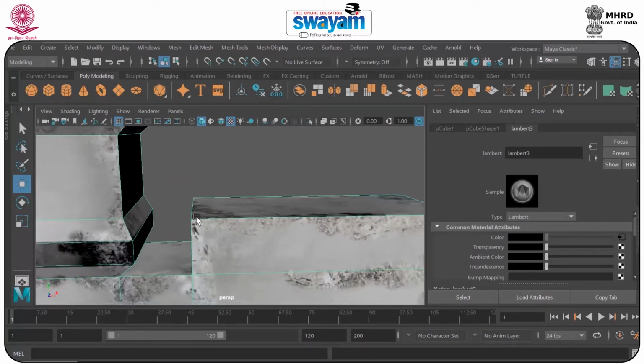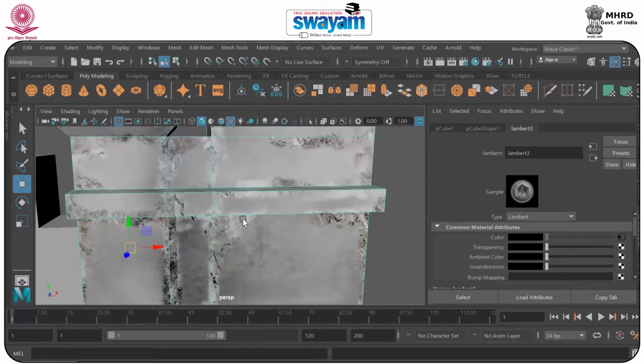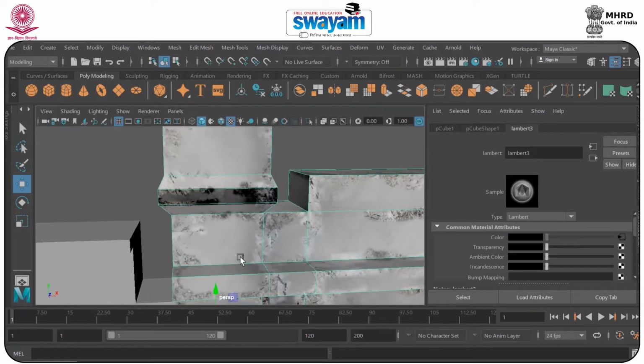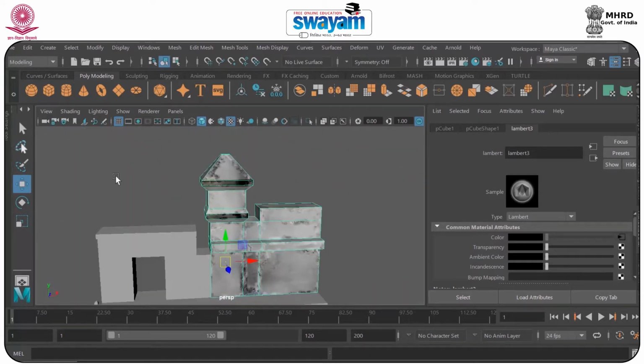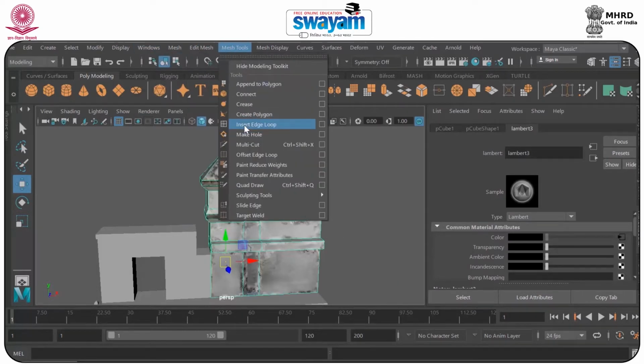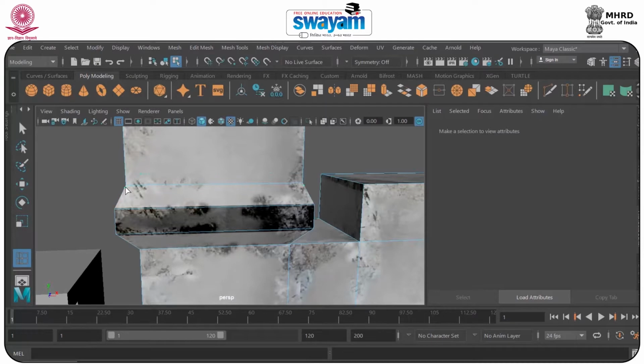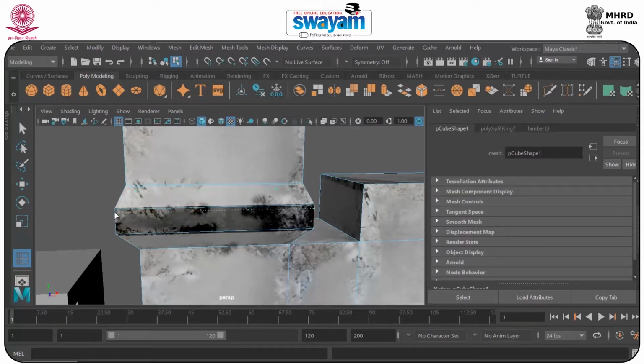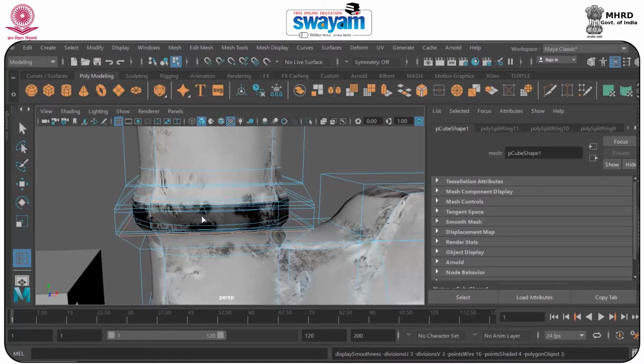So what else we have to do? As you can see here, we have many things like this and this one. So I will just put some random edges, like going to mesh tool and just insert some edges. So when we just use the smoothing, it will not smooth so much. Okay, if I press 3, as you can see,